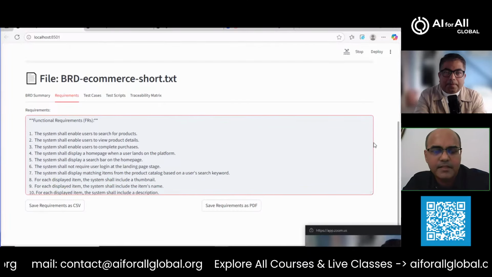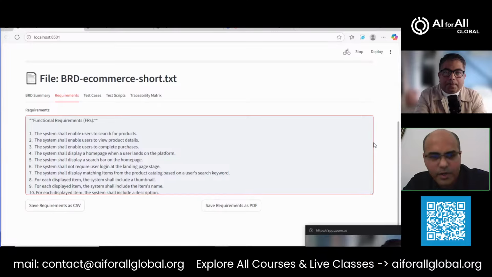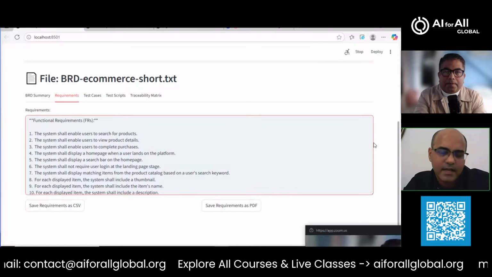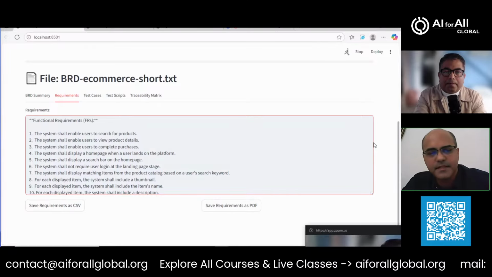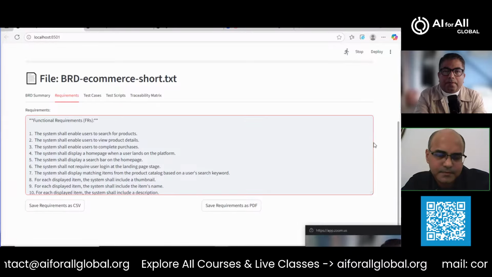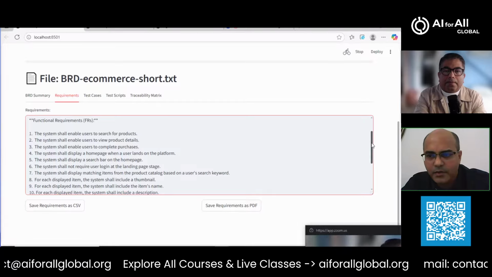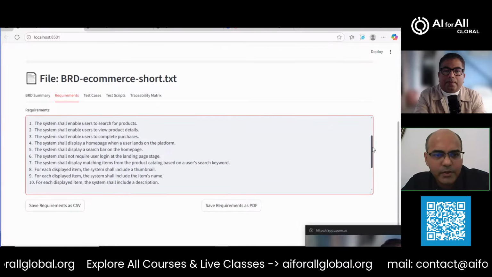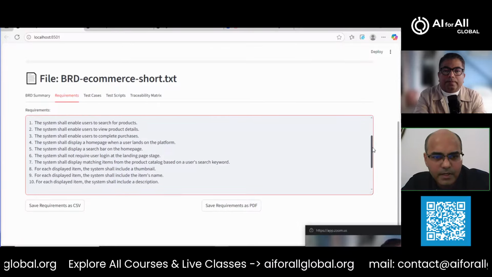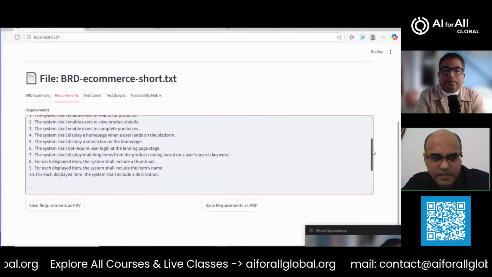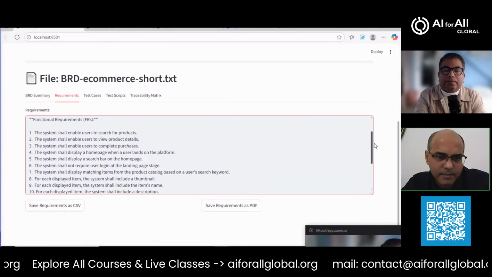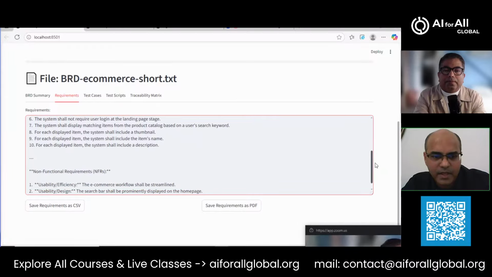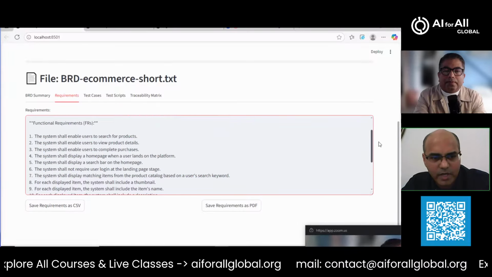And this happens by just loading the document, and the AI is at work to bring up all these points to you. Now you see here, it gives you all the functional requirements, pretty much in very detail, and it also gives you the non-functional requirements.